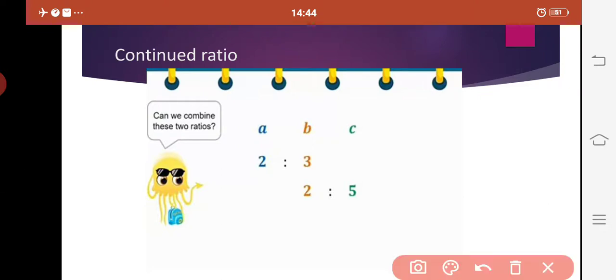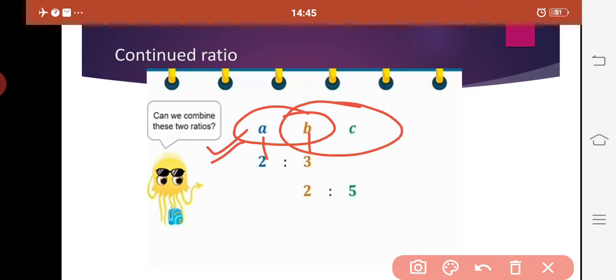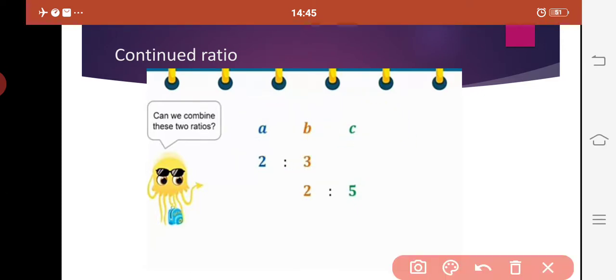Okay, now in this case, see, this is A:B which is given as 2:3. On the other hand, B:C is given as 2:5. Now what we did is, we have written A, B, C. A value was 2, B was 3. Now again B, for the other ratio, B has changed to 2 and C is 5. So now there is one rule that we will study later in this video only.